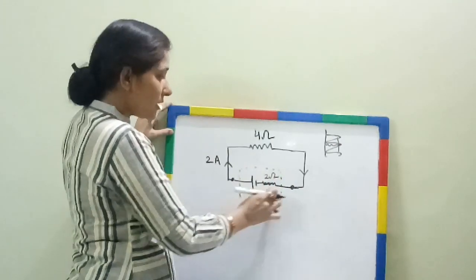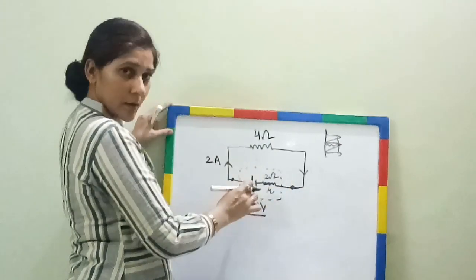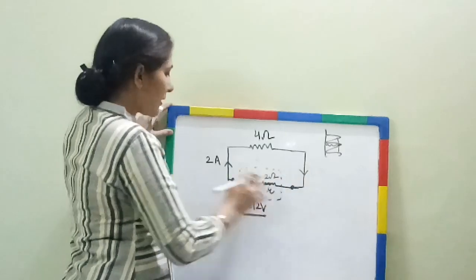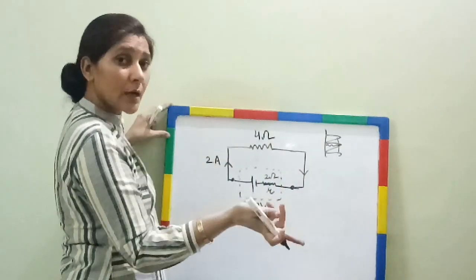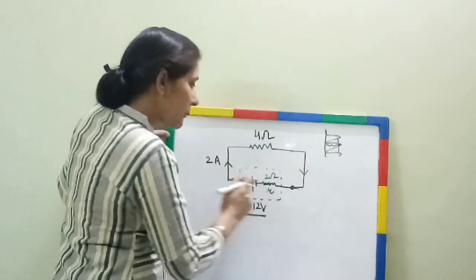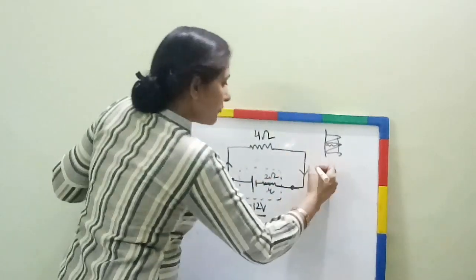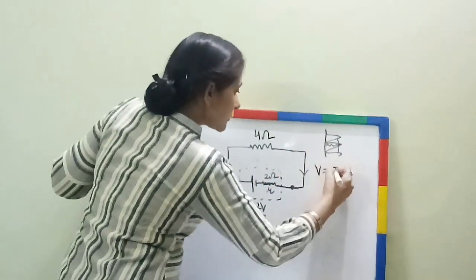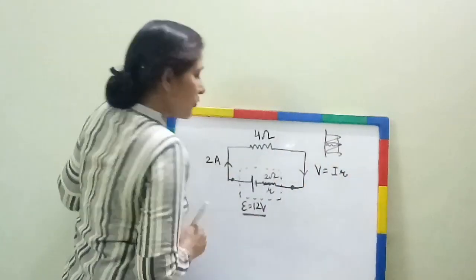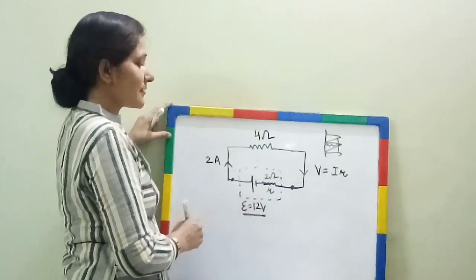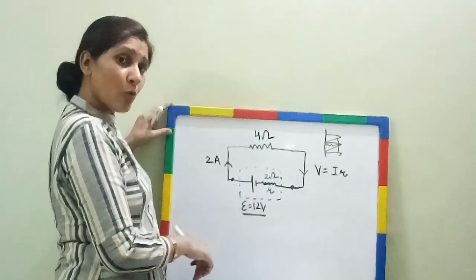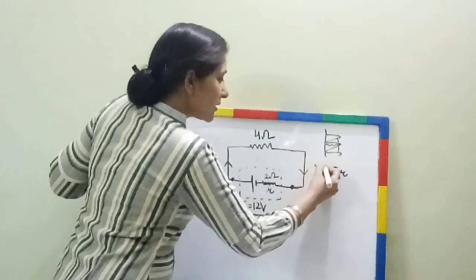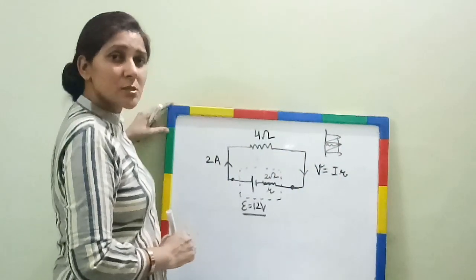What will be the potential difference over here? यहाँ कुछ पोटेंशियल डिफरेंस आपका यूज हो गया है. पूरे सर्किट में से करंट कितना फ्लो कर रहा है, 2 एम्पियर, बिकॉज देयर इज ओनली वन पाथ टू फ्लो द करंट. सो थ्रूआउट द सर्किट द करंट फ्लोइंग इज 2 एम्पियर. वी आर अवेयर फ्रॉम ओम्स लॉ V इज इक्वल टू IR. आई एम राइटिंग स्मॉल r ओवर हियर बिकॉज मैं अभी इंटरनल रेजिस्टेंस का बात कर रही हूँ. कितना वोल्टेज यहाँ पर ड्रॉप हो गया, कितना कम हो गया, वी वांट टू टॉक अबाउट दैट. सो दिस वोल्टेज ड्रॉप वी आर डिनोटिंग विद स्मॉल v.